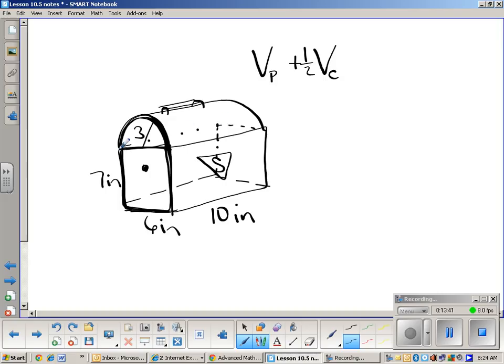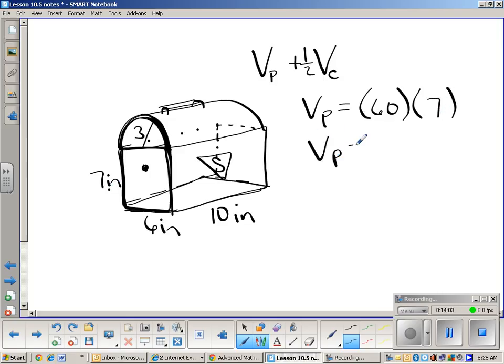And so Caleb said the base is 6 by 10, which is 60. And so volume of the prism is equal to 60 times the height of the prism, which is 7. So the volume of the prism is 420